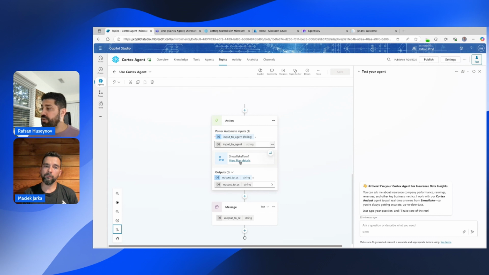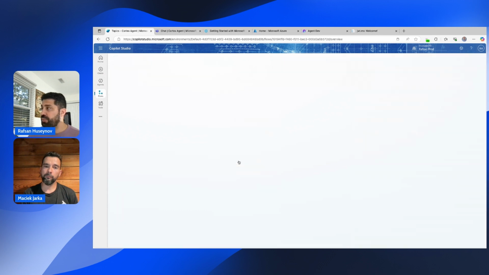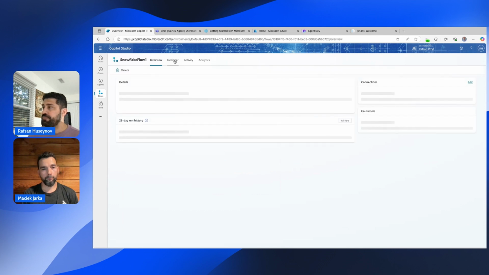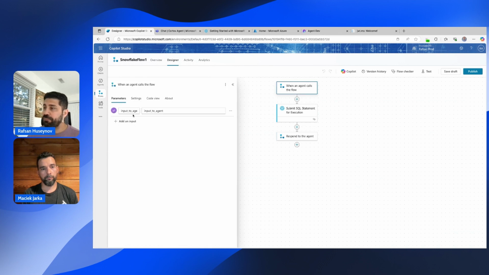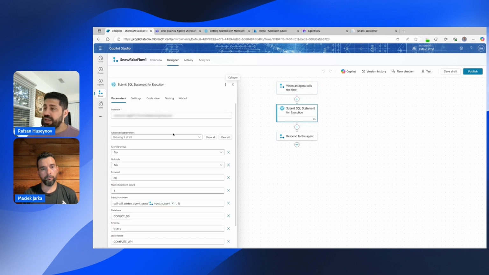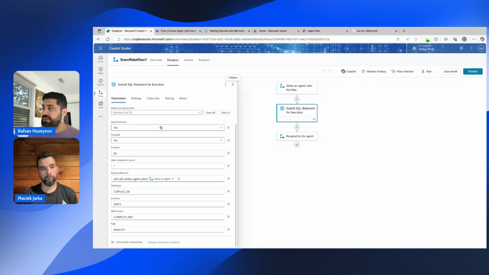And then within this topic, we also created a Cloud flow. And if you look at the details, let me open this. So within this flow, when an agent calls the flow, I just have one input. And then I'm using an action called submit SQL statement for execution. And we have some data from